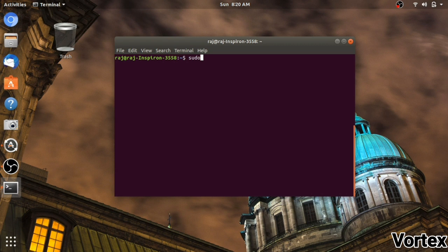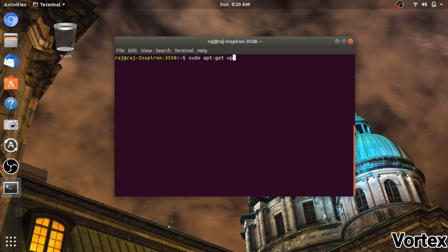So if you want to give permission for any software to install or update or upgrade, you can give the permission.